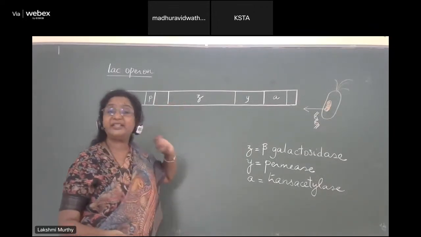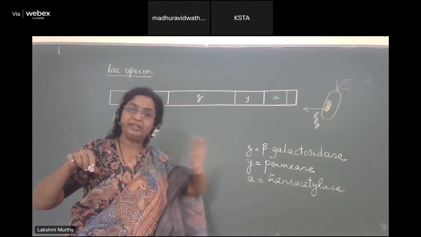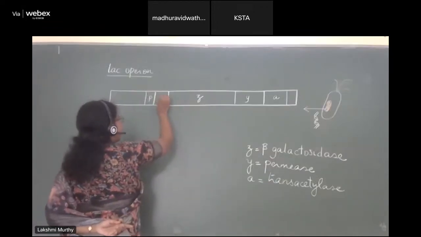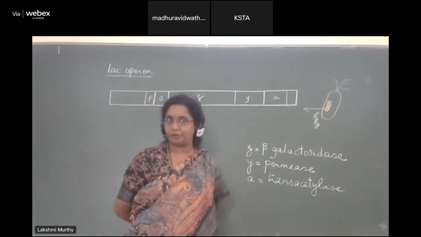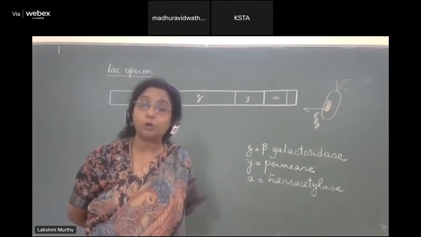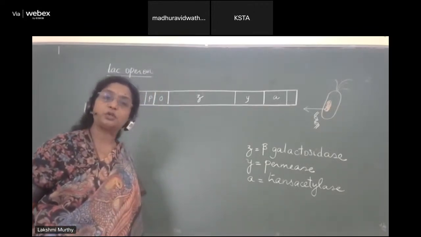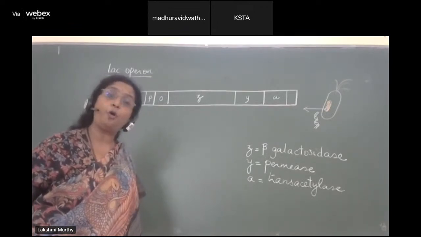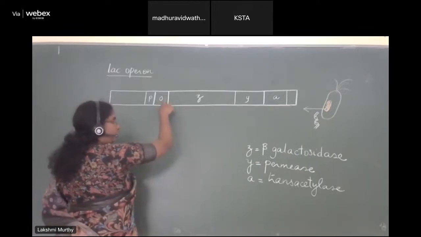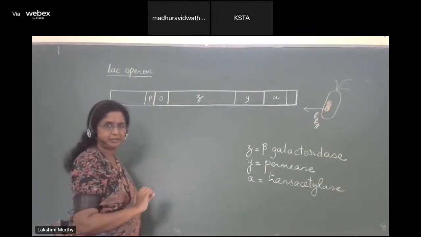There is an additional sequence present, which is not explained in the transcription unit in the middle of the chapter. This additional sequence which is present is going to be the switch of the operon. I have to switch on the gene. That switch of the operon which is present is going to be a gene sequence called O, or standing for operator. So this particular gene sequence is O, or operator, which is between the promoter and the beginning of the structural gene, right?